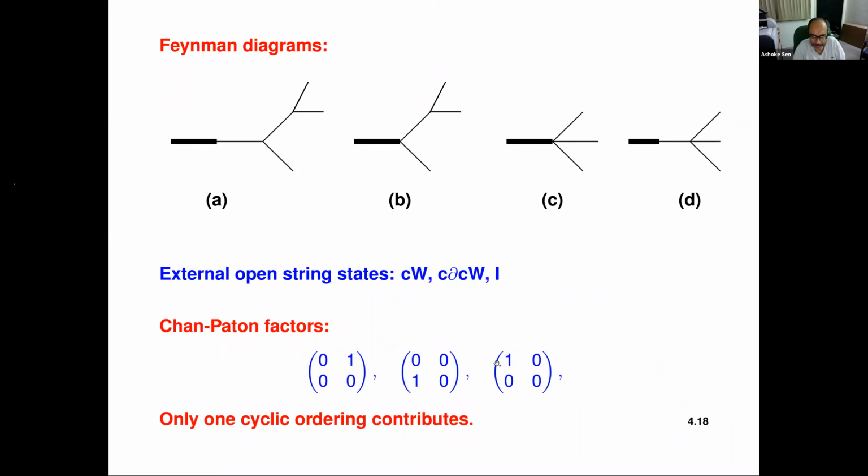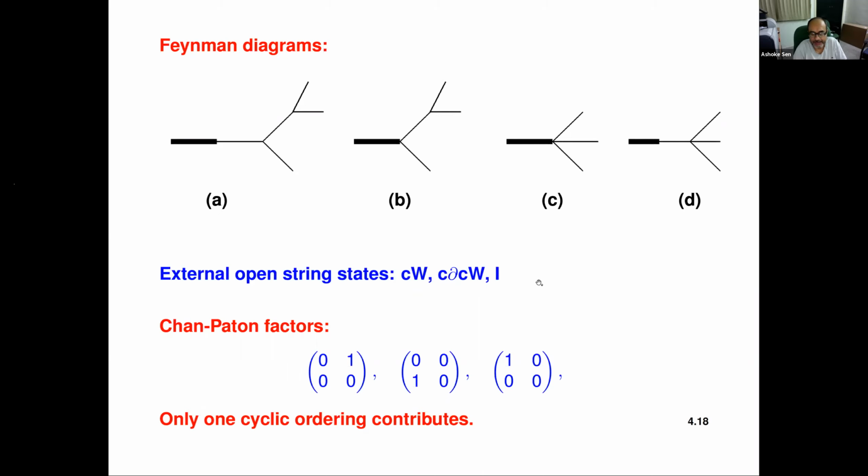Now, what this means is that only one cyclic ordering contributes, right? Because if you place them in this cyclic ordering, then the answer is 1. If you change the cyclic ordering, say if you bring this here and take the trace, then the result is 0. And that is good because it's of course known that if you sum over both cyclic orderings, then the result should vanish. The vertex operator can of course also be defined on the open string that stretches from the D-instanton to itself. Right? So if you have taken all of these on the original D-instanton itself, then the result should have vanished, right?